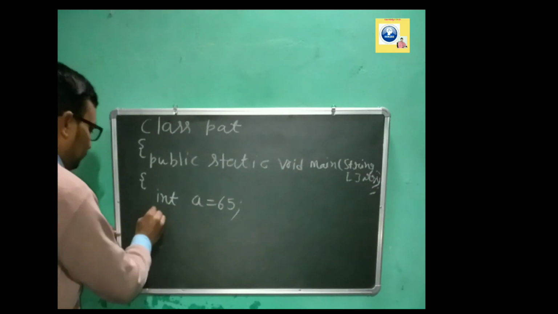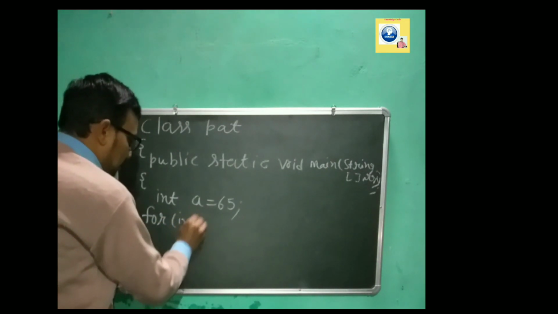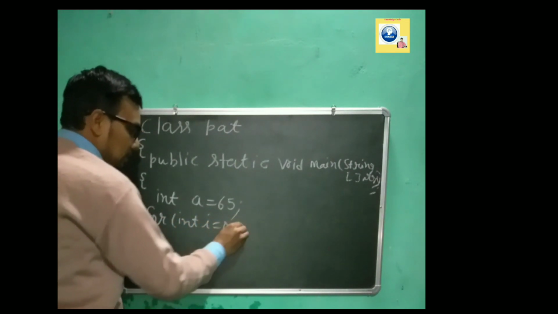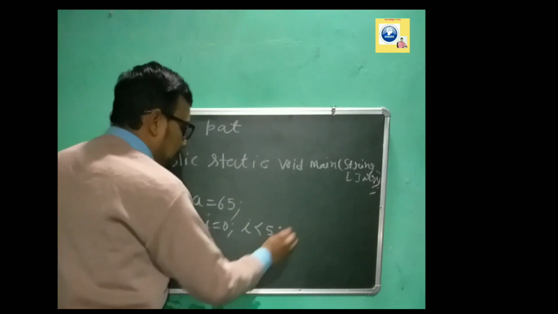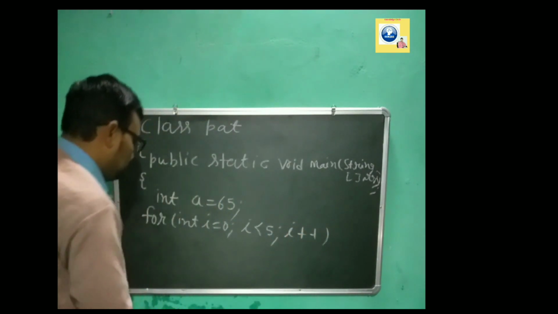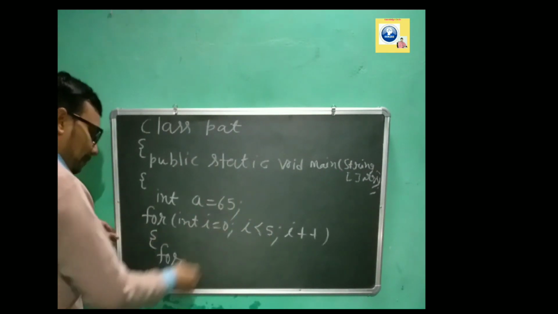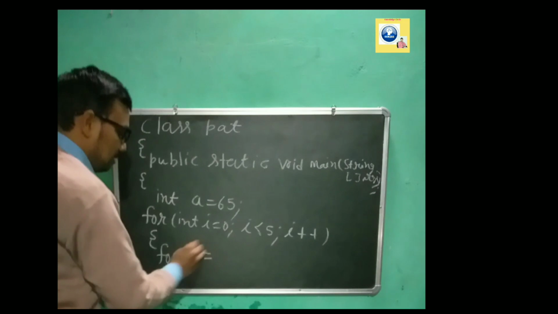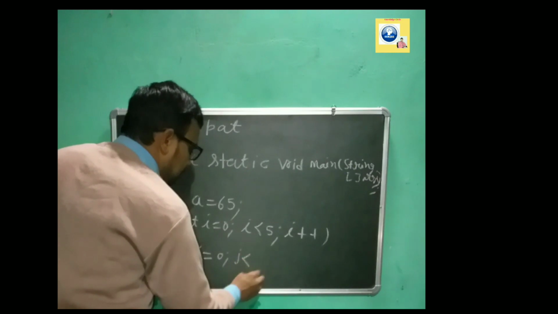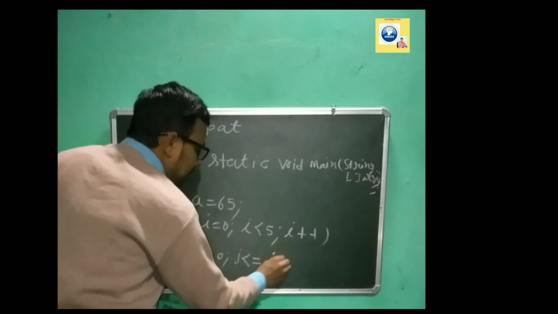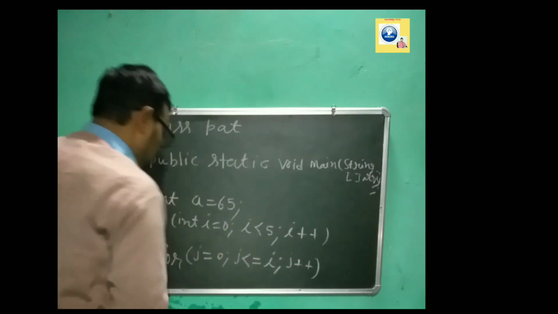Now we will see how to print the alphabet. Now what we have to do, we have to run a loop. Let's run a loop for int i equal to 0, and we have to print how many? We have to print 5, so lesser than 5 we are going to run. i should be lesser than 5, i plus plus. We have to print 5 rows, that's why 0 to 4. Then second, j should be 0 and j should be lesser than or equal to i. We have to make it depend on i. And then j plus plus has to be done, that we always do.